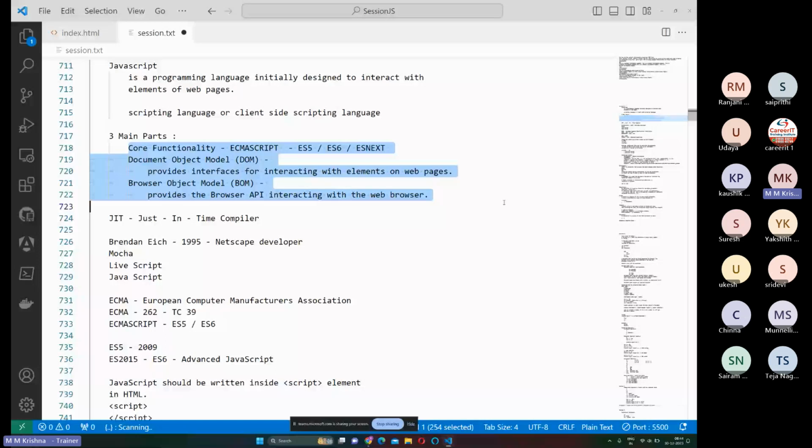So this core functionality helps you maintain the core structure, the logic part, the action part, everything, the events part, whatever you call it. So every action performing will be done in this core functionality. And when it comes to